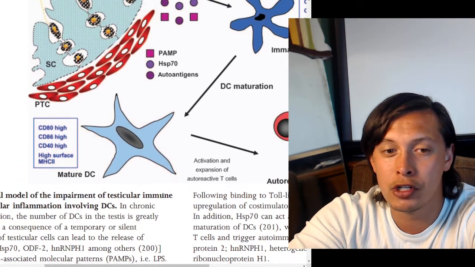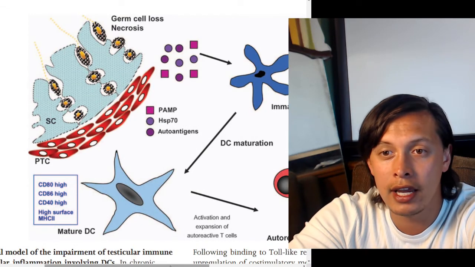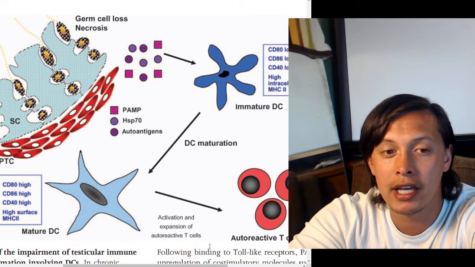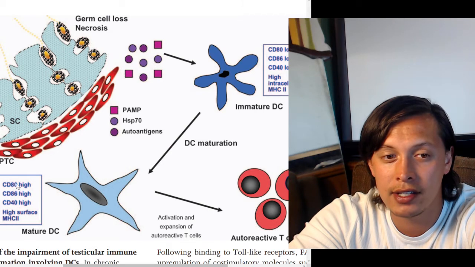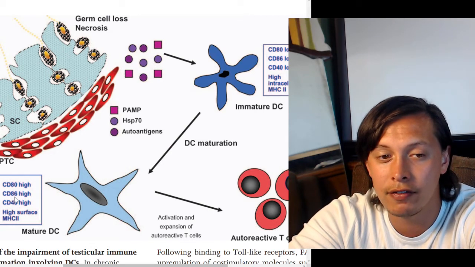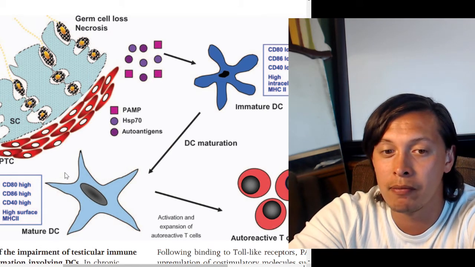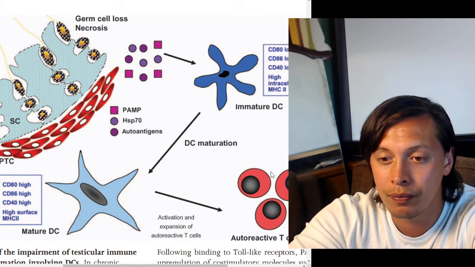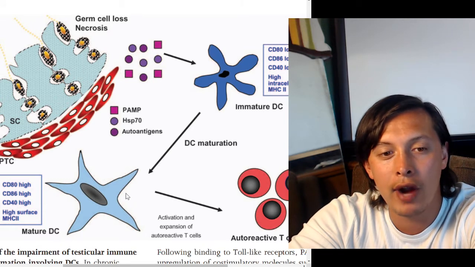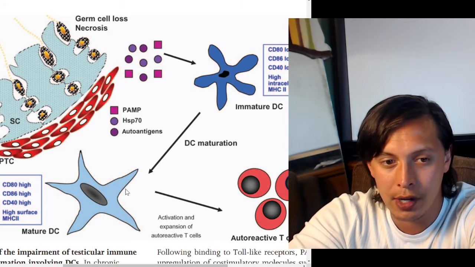And the mature dendritic cell has high CD80, high CD86, and high CD40 on its surface, which means when a T cell interacts with the mature dendritic cell,